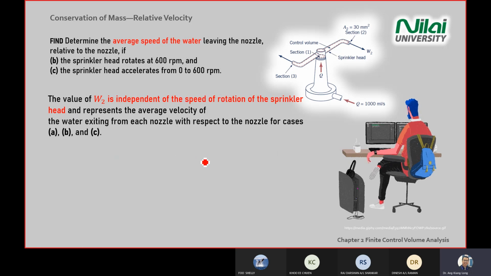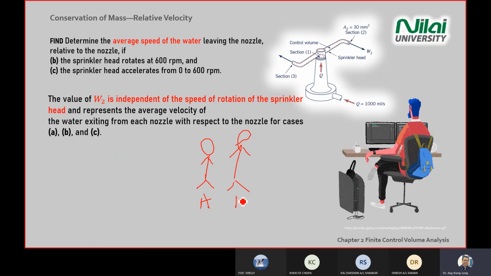Let's say two persons are running, A and B. Again, apologize for my drawing. If you talk about the relative difference in the speed of running between A and B,